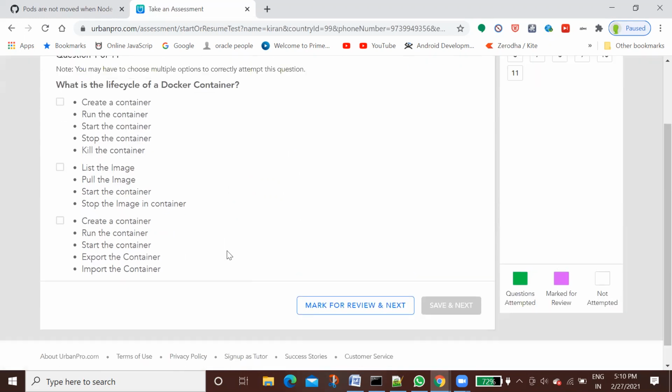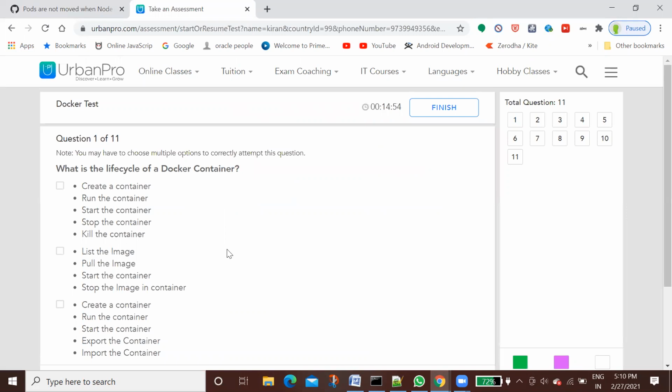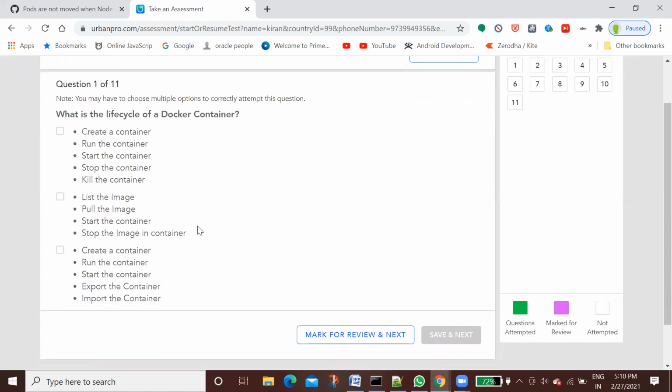So what is the life cycle of a Docker container? Create the container, run the container, start the container, stop the container, and then kill the container. Or list the image, pull the image, start the container, stop the image in container. Or create a container, run the container, start the container, export the container, or import the container. First, we will take list the image, pull the image.